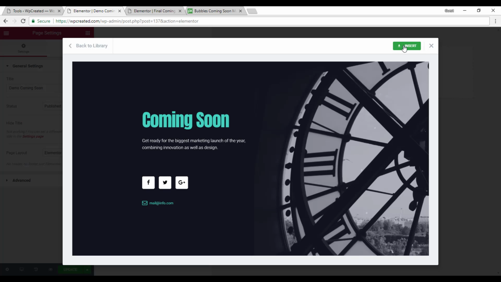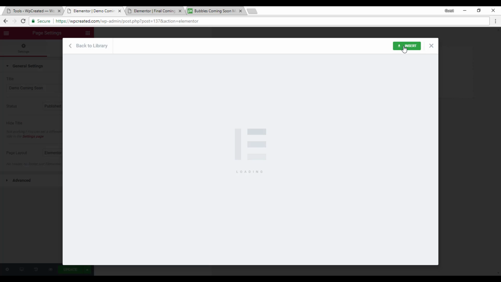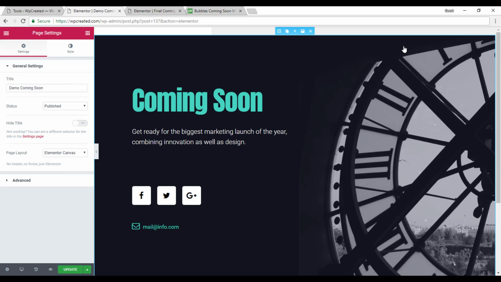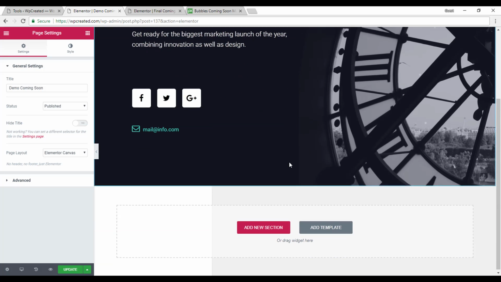And then on the top right here you'll see insert. So let's click on the insert button, and that should import that template to our page, to our coming soon template page. Alright, so there we have it. I mean, you can